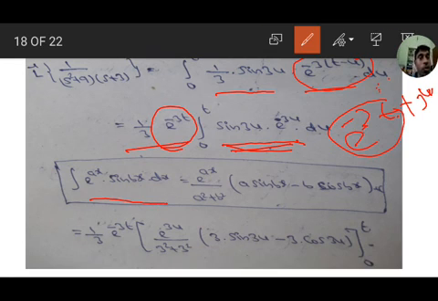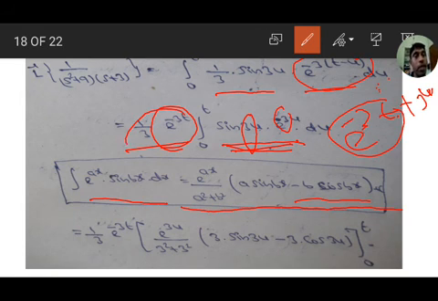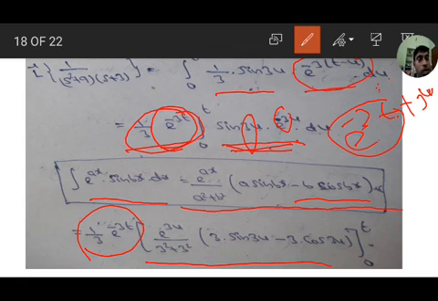We have the integration of e to the power of ax sin bx equal to e to the power of ax by a square plus b square, a into sin bx minus b into cos bx plus c. Here a equal to 3, and in e to the power of ax sin bx, b is also 3. So this 1 by 3 into e to the power of minus 3t stays as it is. Then substitute the formula with a equal to 3, b equal to 3, and instead of x it is u. Therefore, e to the power of 3u by 3 square plus 3 square, 3 into sin 3u minus 3 into cos 3u from 0 to t.